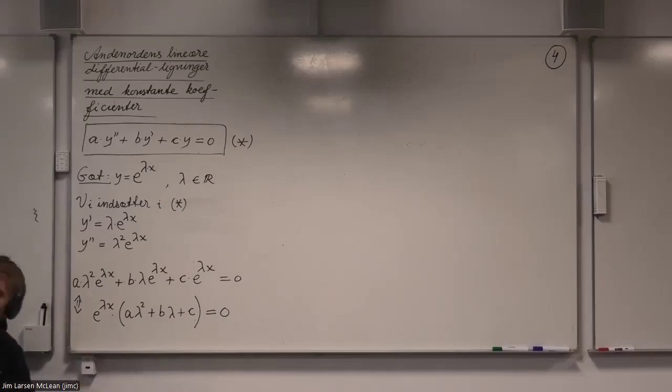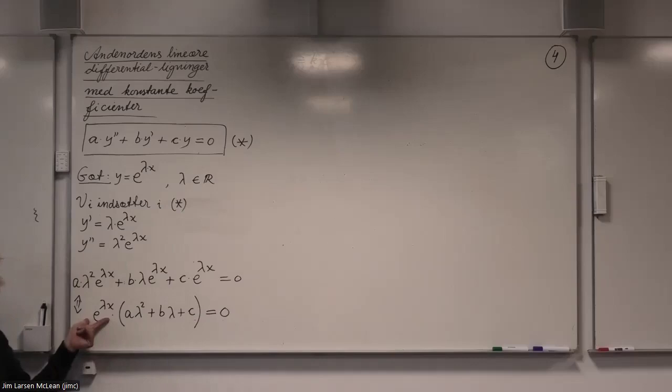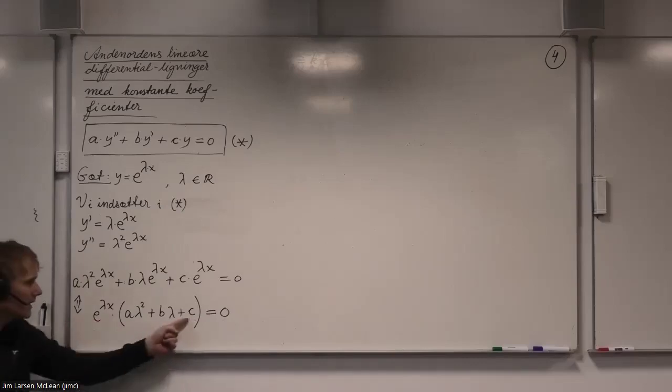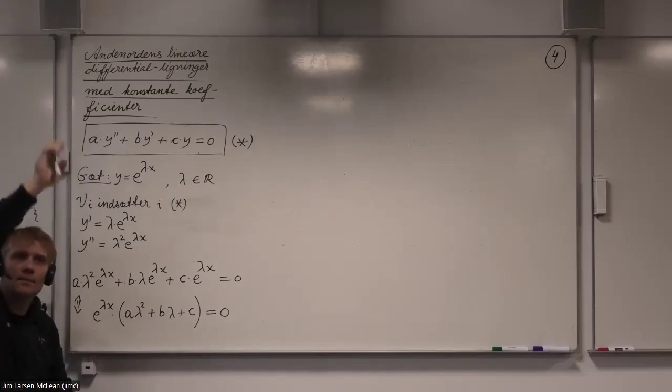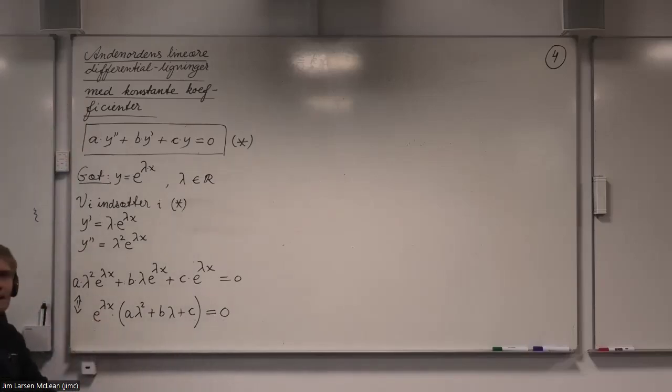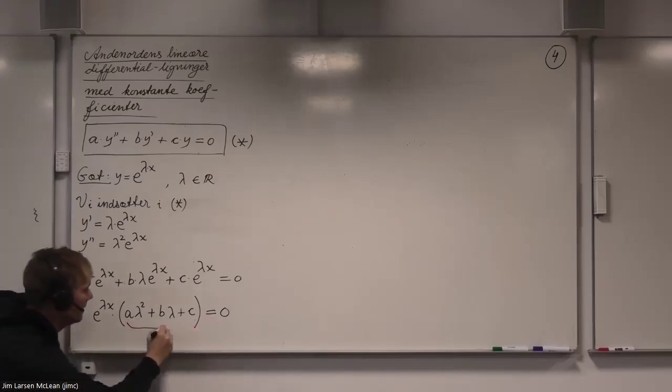So we use the zero rule. If this product is to be 0, then either that must be 0 for any value of x, or the inside must be 0 for any value of x. And note that this cannot be 0, because e raised to lambda x can never be 0, as it is an exponential function, and it lies entirely in the upper half plane of the coordinate system when you draw such an exponential function. This is what it does. So e to the power of lambda x cannot be 0. So the only possibility for this to ever become 0 is if the inside part equals 0,